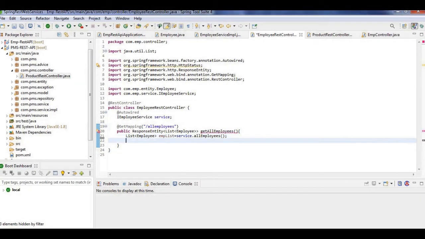So now the list is ready, and now let me return the ResponseEntity object. Okay, this is return new ResponseEntity.